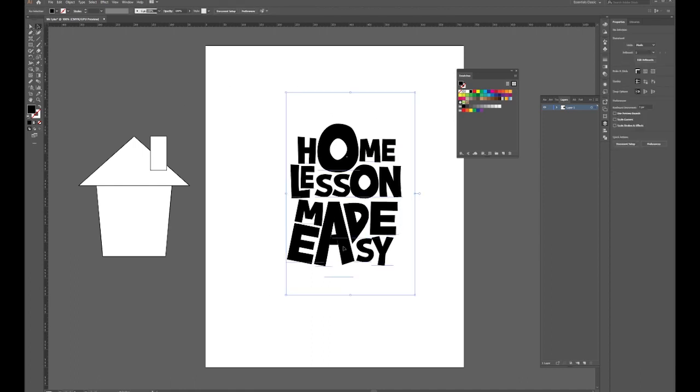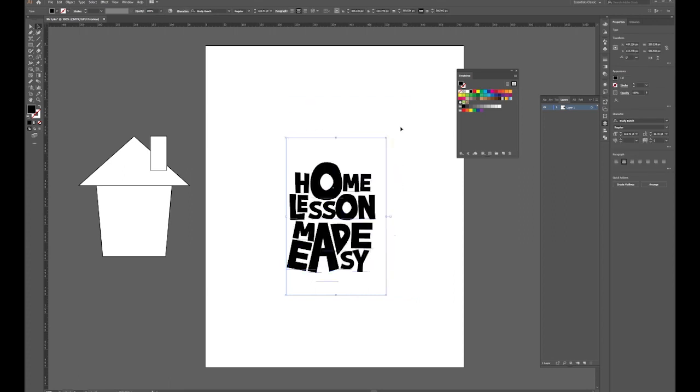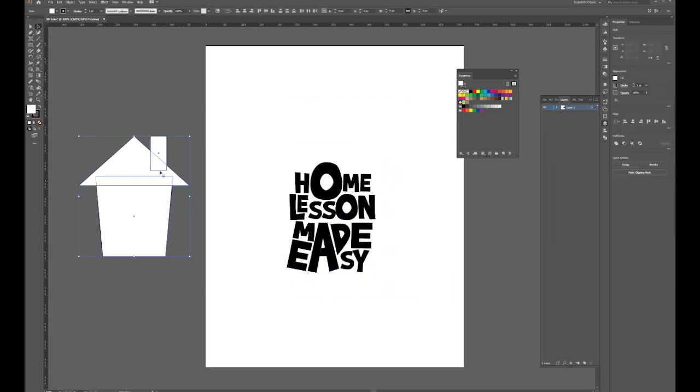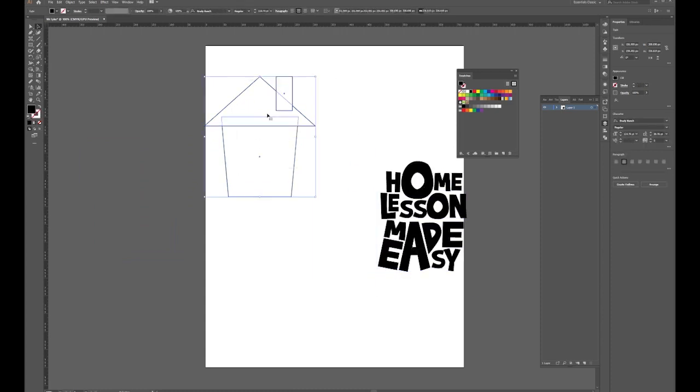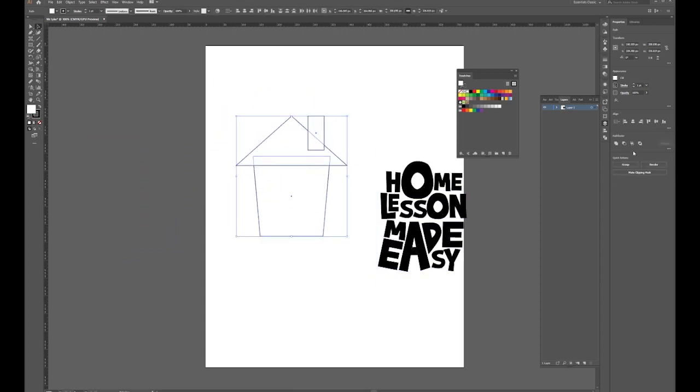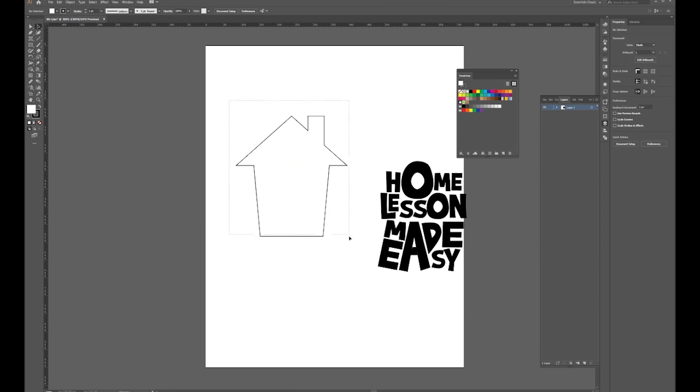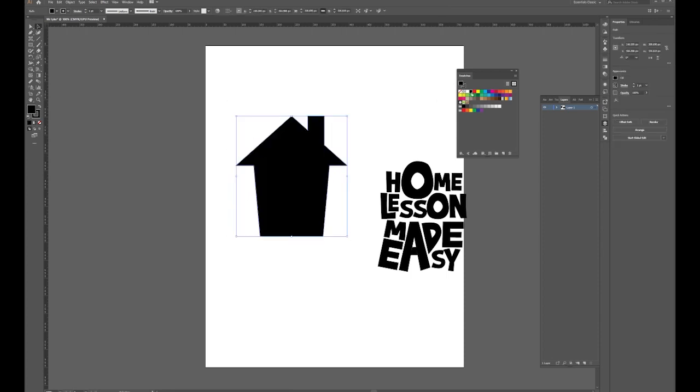All right, so this is good. So I'm just going to scale this down like so. And it's time for me to weld this. So I'm going to move this to the side and I'm going to weld this together. So I'm going to click, select everything like here, like so, and I'm going to select the weld option here. So I'm going to change the color of this to